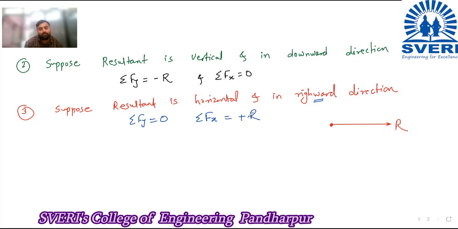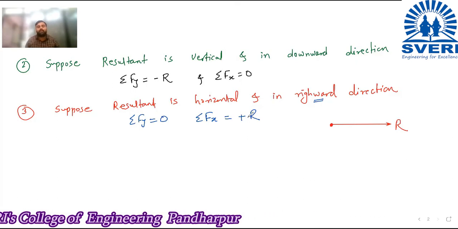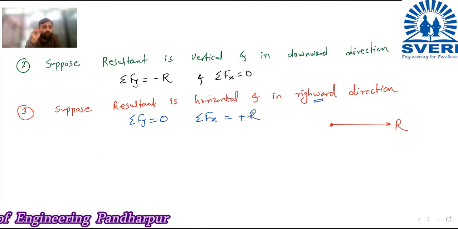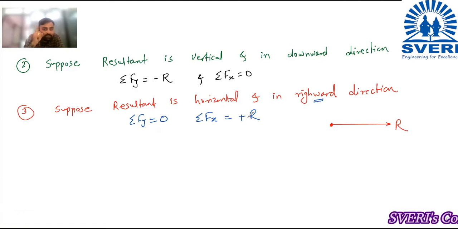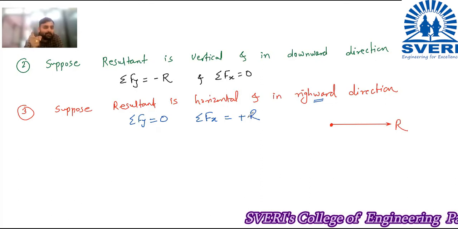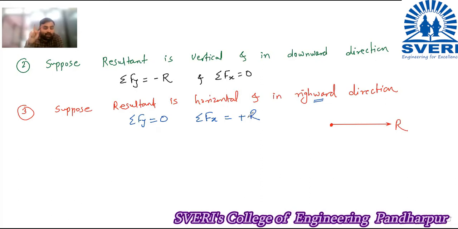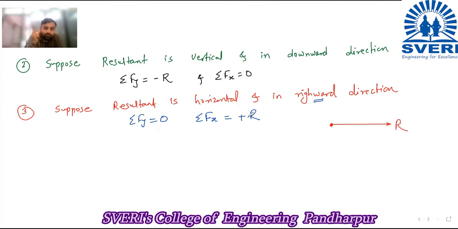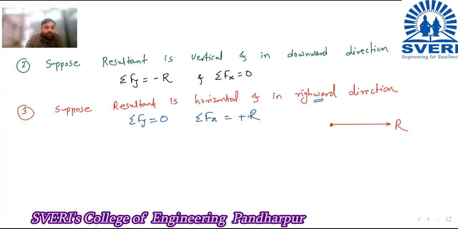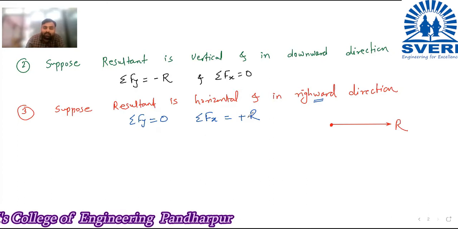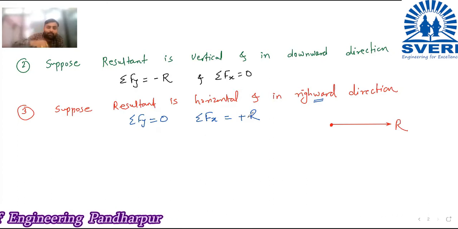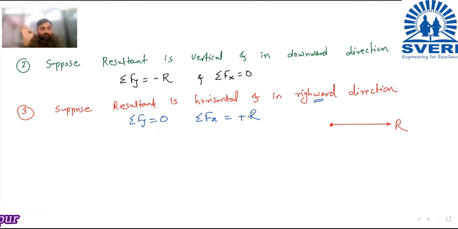Plus लिहा नाही लिहा फरक पडत नाही, but it is moving rightward, so that is why it is plus R. So नेहमी लक्षात ठेवा, मराठीत सांगतो नीट ऐका आणि लक्षात ठेवा. जर तुम्हाला सांगितलं की रिझल्टंट हा व्हर्टिकल आहे, तर तुमचं समेशन Fx हे 0 असायला पाहिजे, हॉरिझॉन्टल फोर्स. आणि जर तुम्हाला न्यूमरिकल मध्ये असं सांगितलं की रिझल्टंट हा हॉरिझॉन्टल आहे, म्हणजे रिझल्टंट आडवा चाललाय म्हणजे उभा फोर्स काय व्हायला पाहिजे, 0 व्हायला पाहिजे, म्हणजे समेशन Fy 0 असायला पाहिजे. ओके.